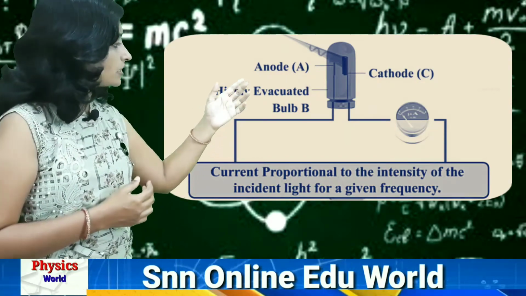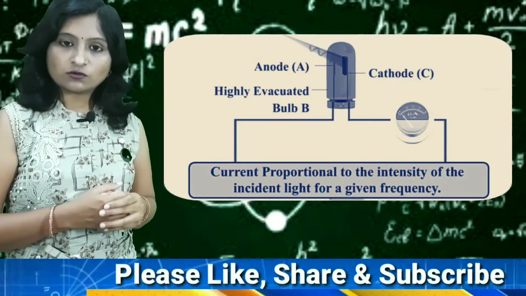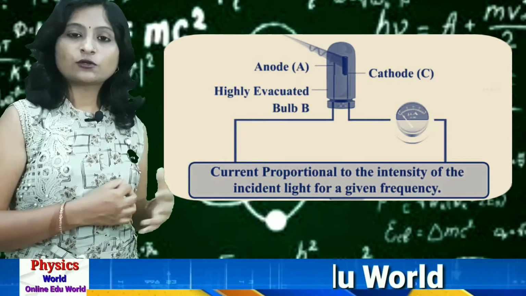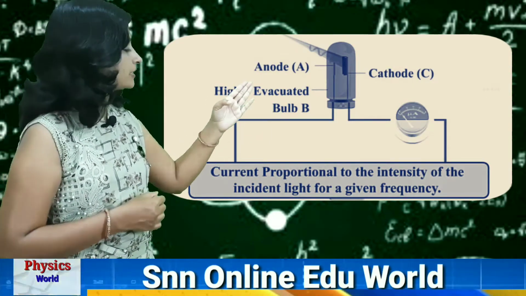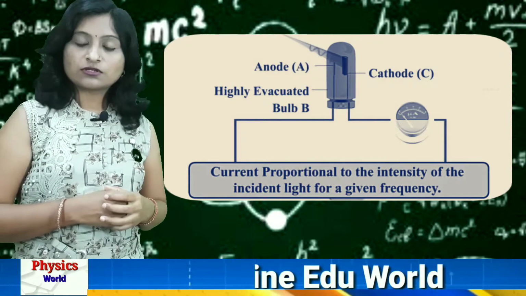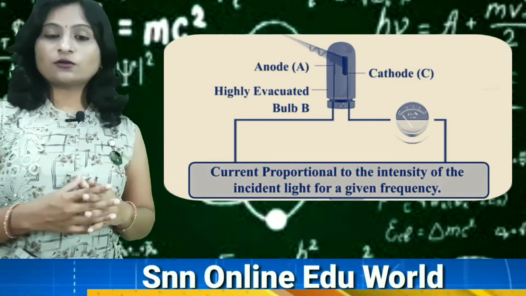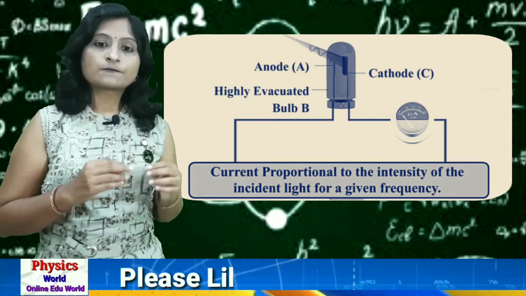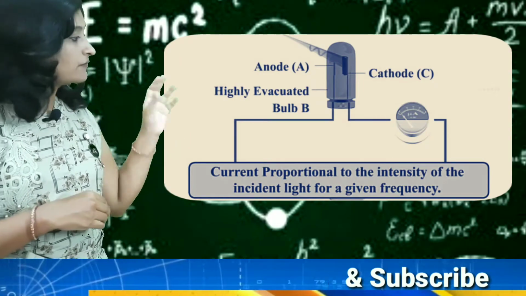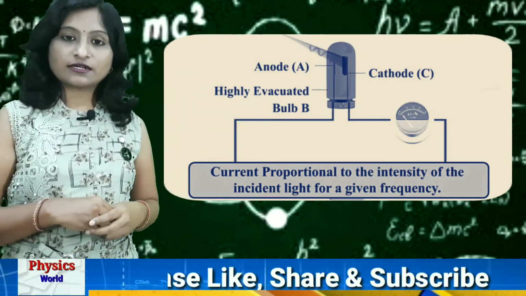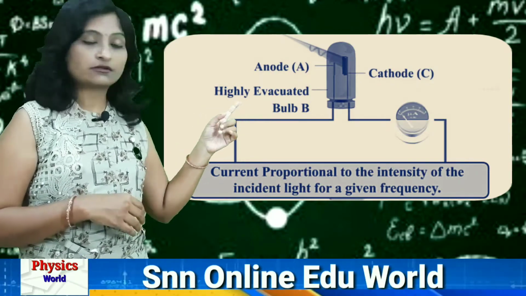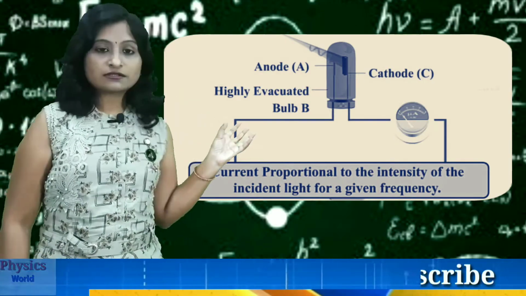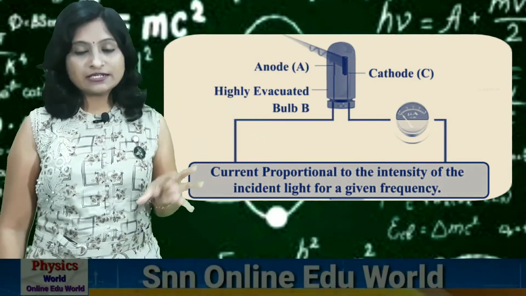These emitted electrons are now captured towards the anode, and we have to give polarity such that the anode will be positive and the cathode will be negative. So all electrons get captured in the anode. So like this, in between cathode and anode there is a continuous flow of electrons, that will appear as a photoelectric current, and that we can observe as a reading in the current meter. So you can observe some reading is shown in the meter there. So this concept is useful for many applications.